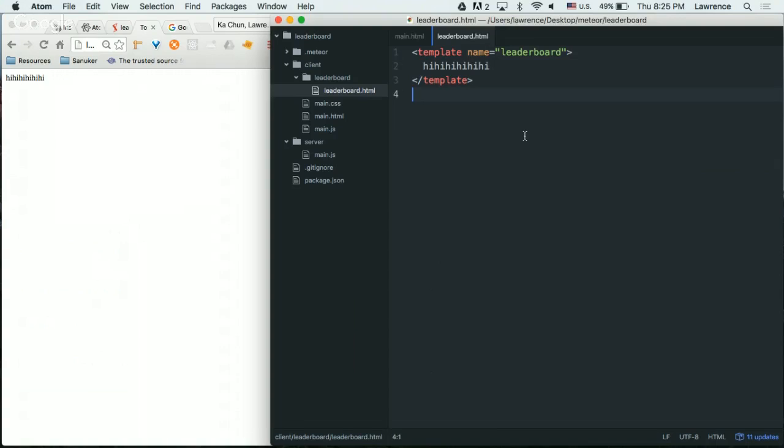Everyone, okay? Okay. Yeah, just create a new HTML called leaderboard, and then type something like template with the name. Okay. Now, okay, doing okay, and just let Vicky finish.